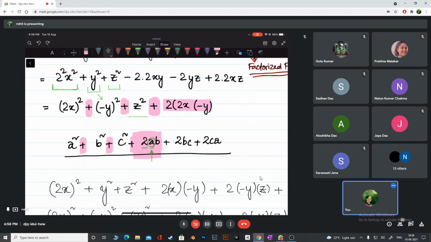Okay. Then look at the next one. Look at this one. This is also not looking very much with a plus right now. Tell me, is it a plus or a minus? Minus. But look, our formula says we should have plus or minus in front. Plus. So I'm writing a plus here. Can you understand? I'm writing a plus.